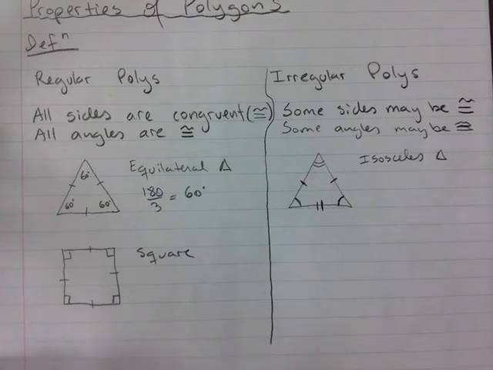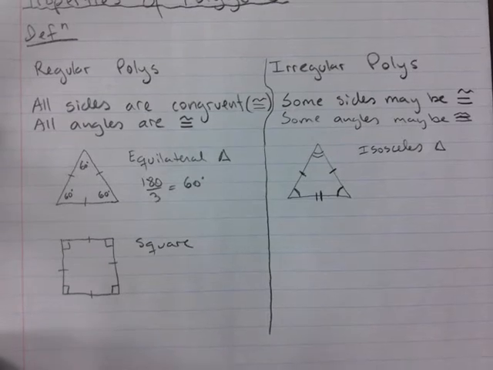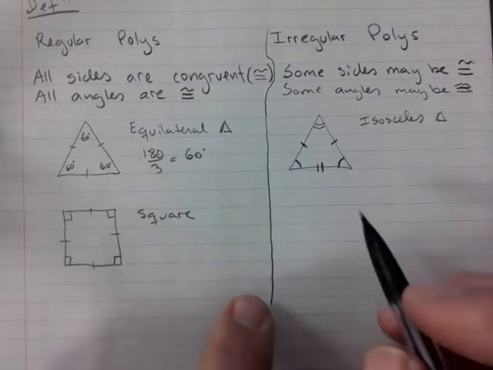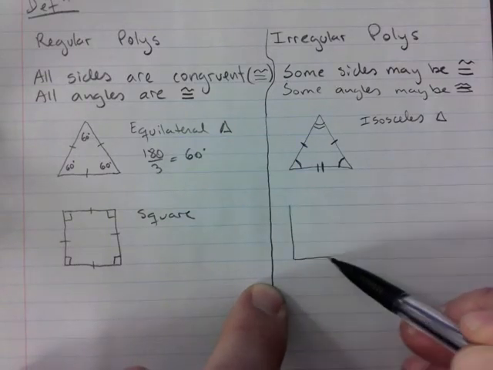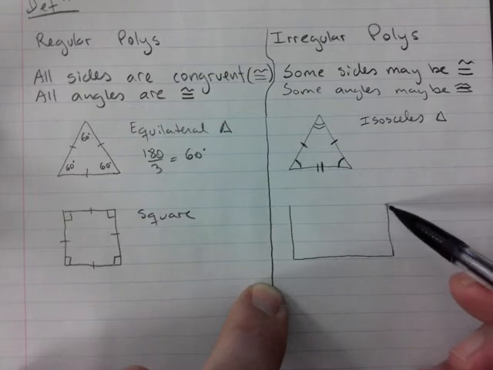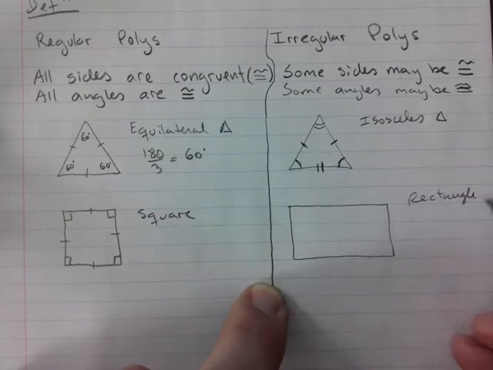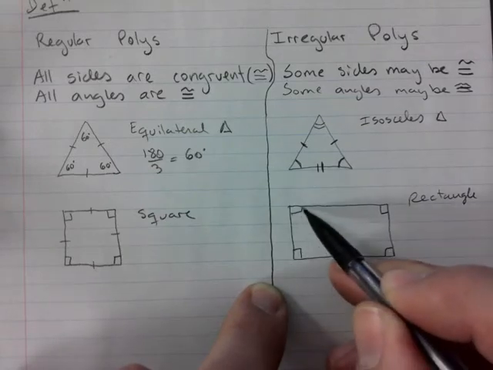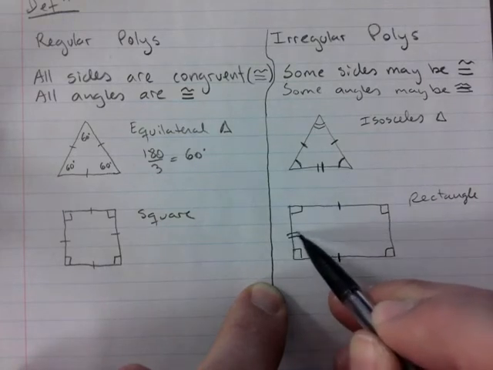You could go 360 divided by 4 sides, and you get the 90 on each corner. And on the other side here would be a rectangle. So you still have all angles being 90, but this side is the same as that, whereas this side